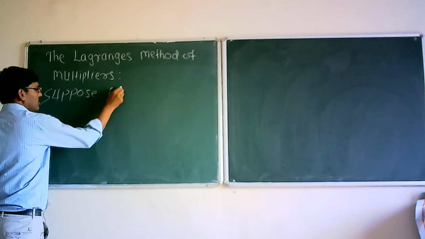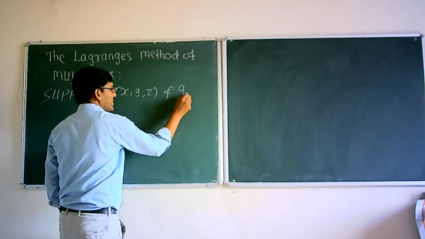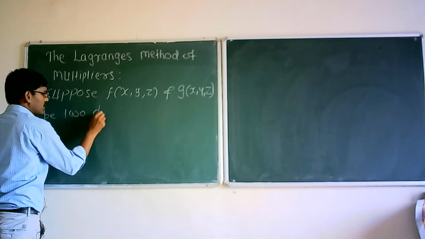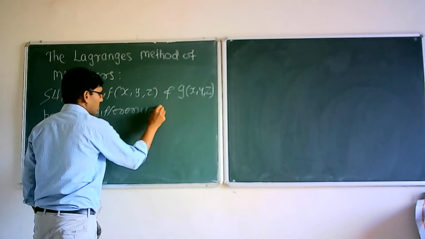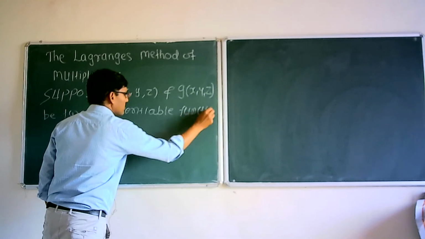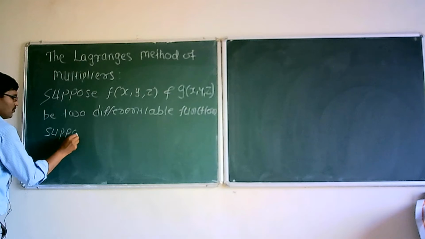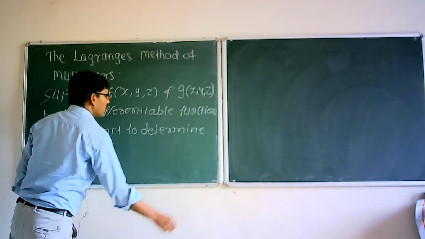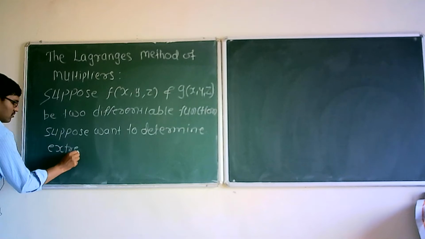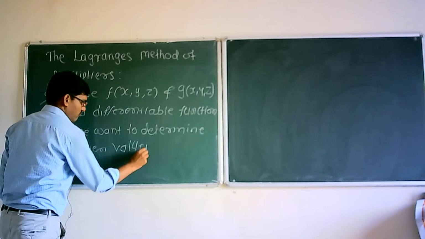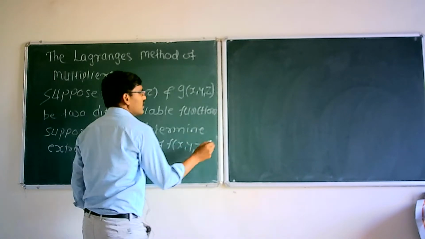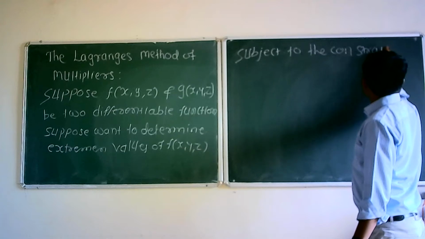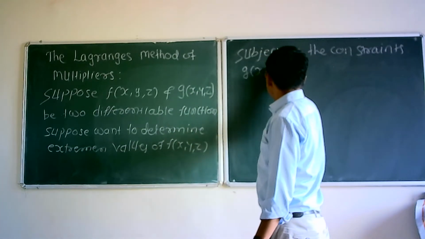f of xyz and g of xyz be two differentiable functions. Suppose we want to determine extreme values of f of xyz subject to the constraint g of xyz equal to 0,